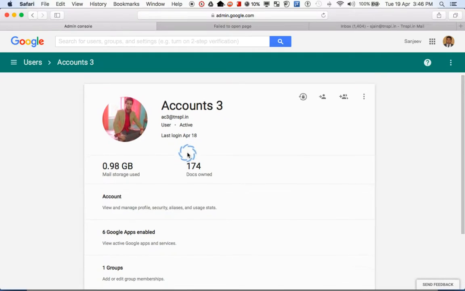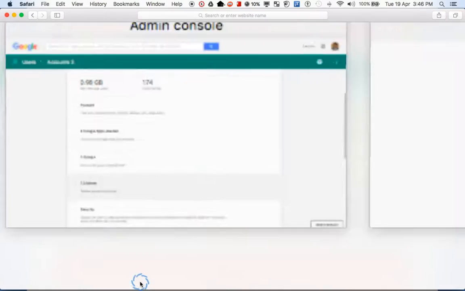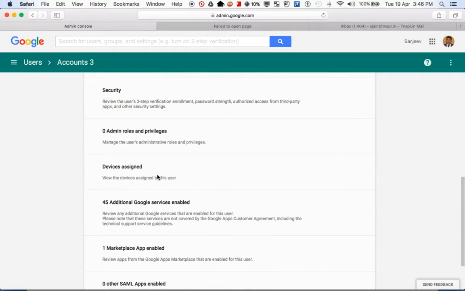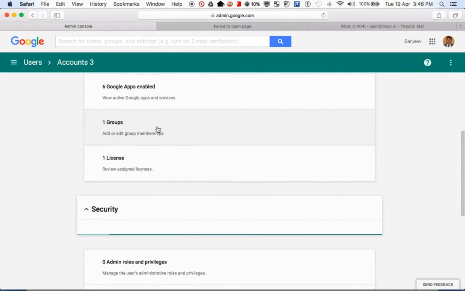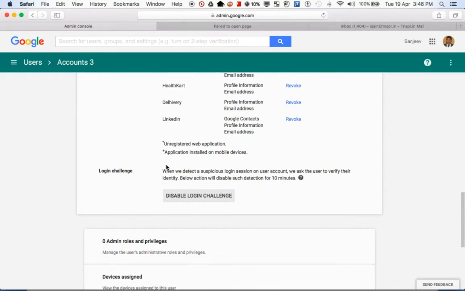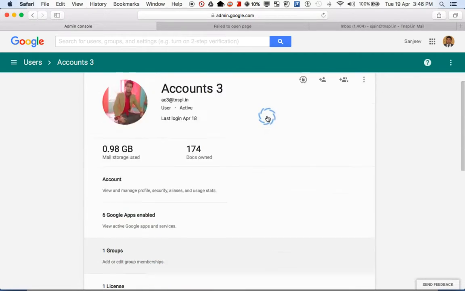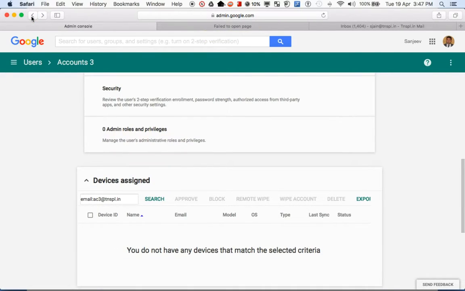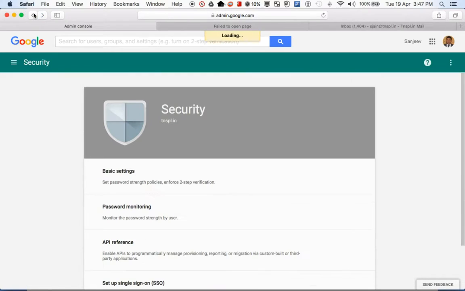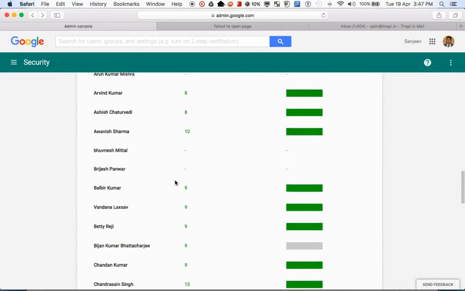Okay, let us go back. So you can ask the user by email to change his password.